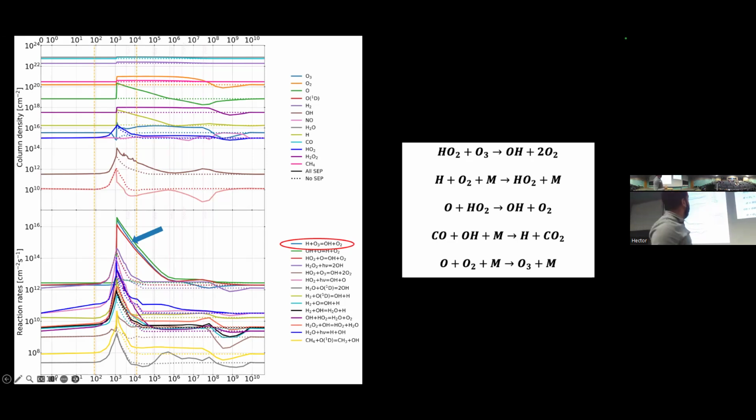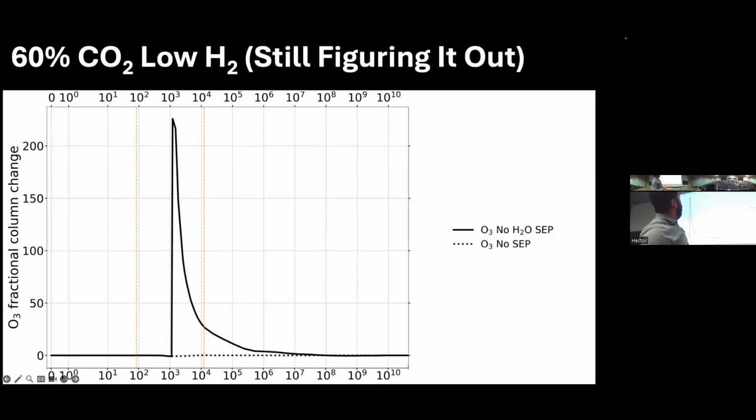I also tried it with low hydrogen, but this might be wrong. I just wanted to show you to make the case for SCP FLAREMOS. That was the name of the code, because I don't know if it makes sense. It's a 200-fold increase of ozone being created. So yeah, still in the works. That's all I wanted to say about this one.